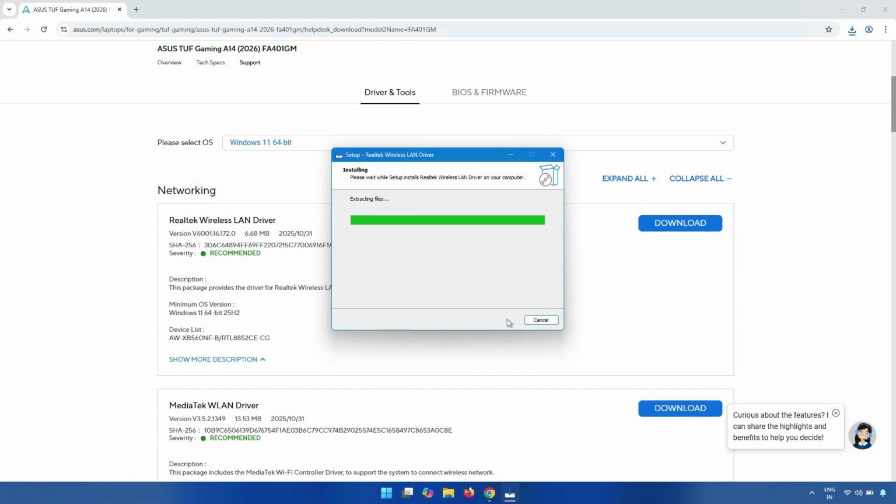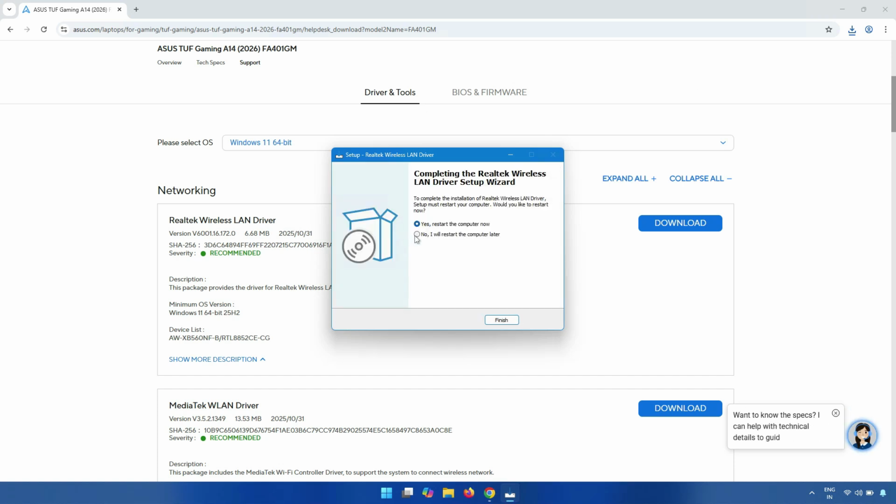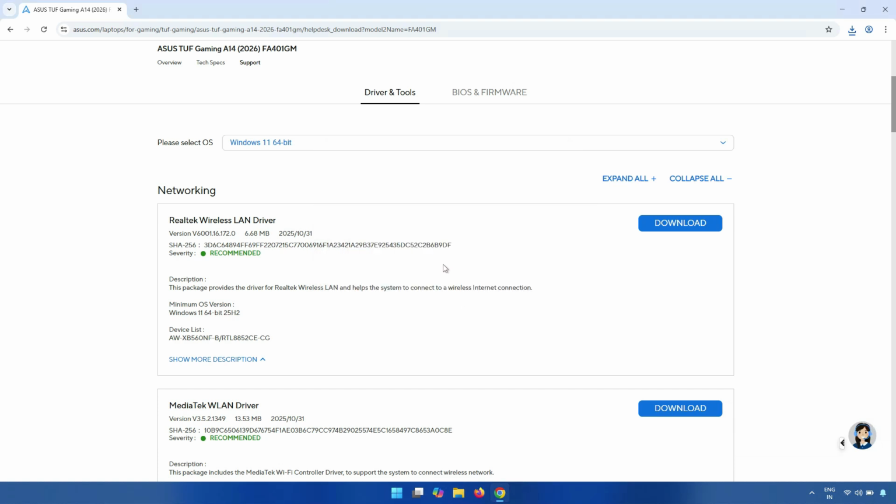Yeah, select yes, otherwise you just select no. So when you install any driver, restart is mandatory, so you have to restart and then check it. Then next,